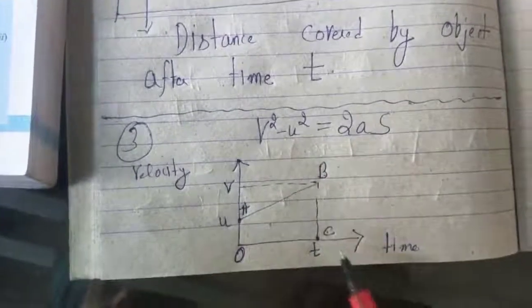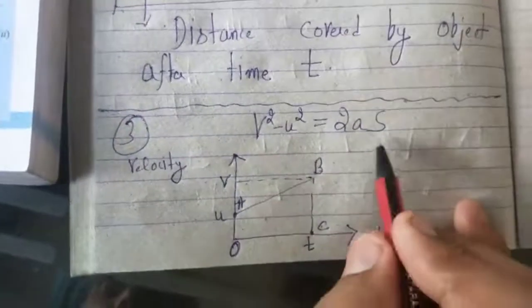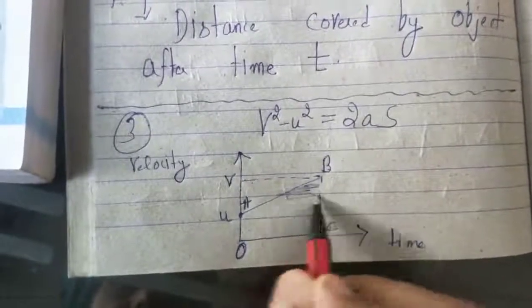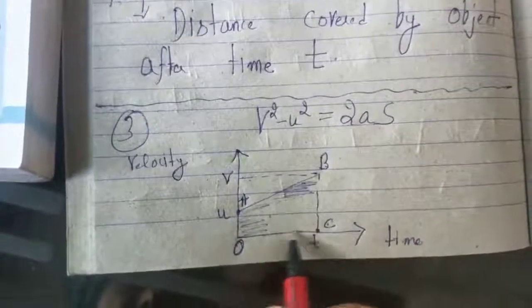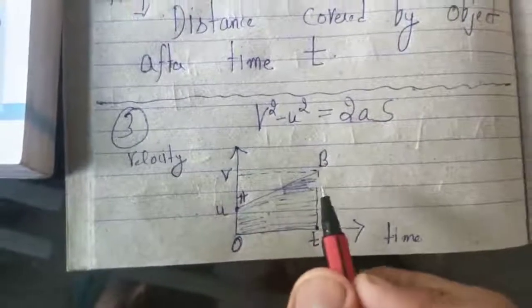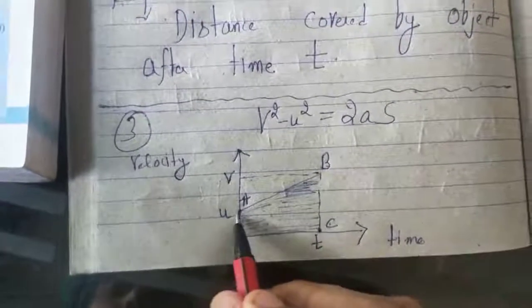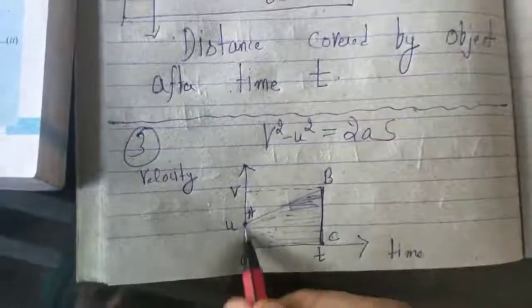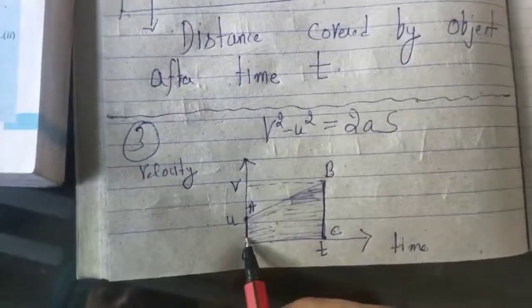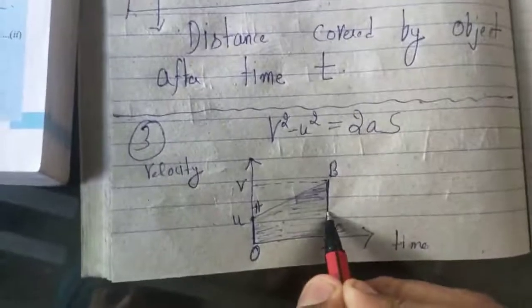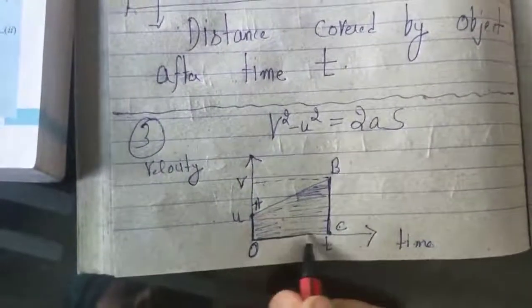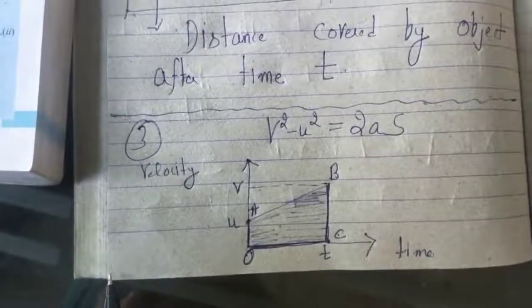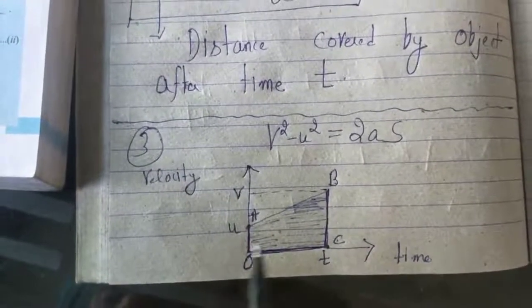So area under the velocity time graph again gives the displacement, you know. So what is the area shape here? The area shape is trapezium. So you know the formula of trapezium, half into sum of parallel sides, because a trapezium has two parallel sides. These are the parallel sides. Half into sum of two parallel sides into perpendicular distance between the parallel sides. This is the way of calculating the area of a trapezium.